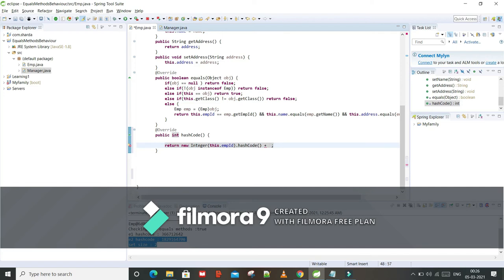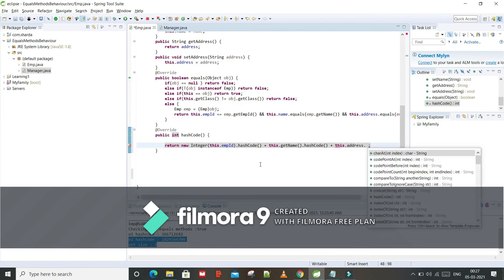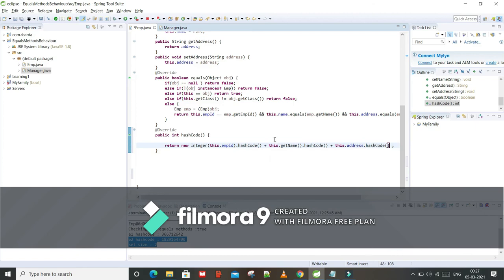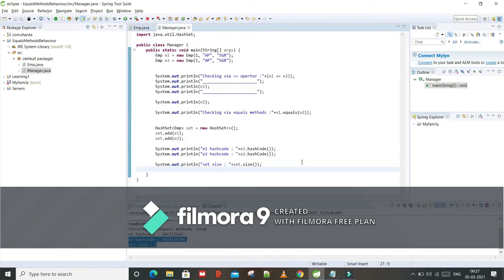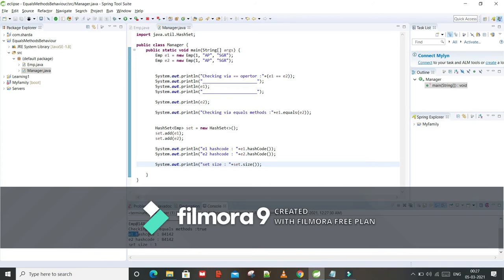Similarly, this dot getName dot hashCode, because the String class also overrides the hashCode method, and similarly the address. So this dot address dot hashCode. Let me save and come to the Manager class and try to print. If you see, now the set size is coming as 1, and the hashCode method is also returning the same value.